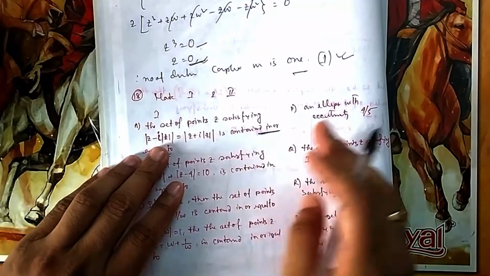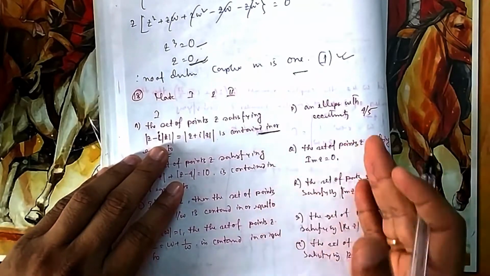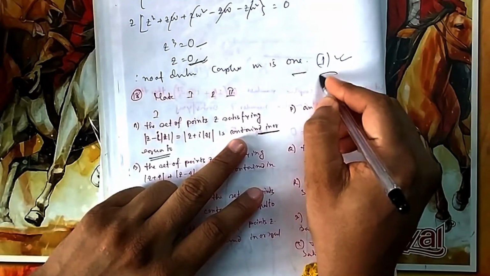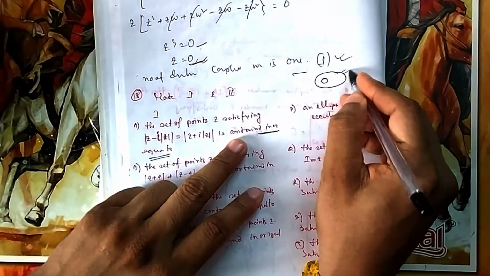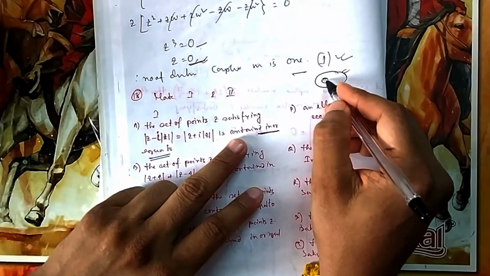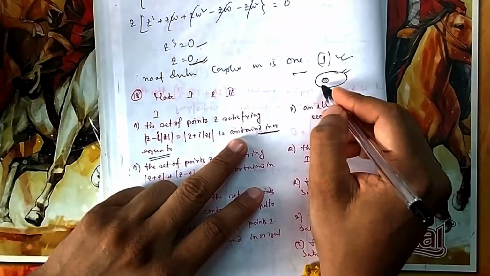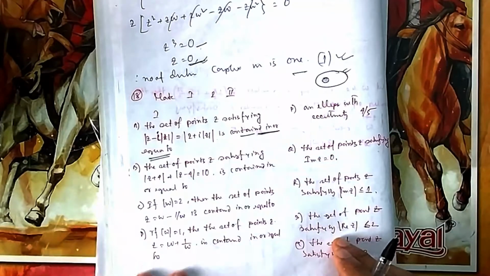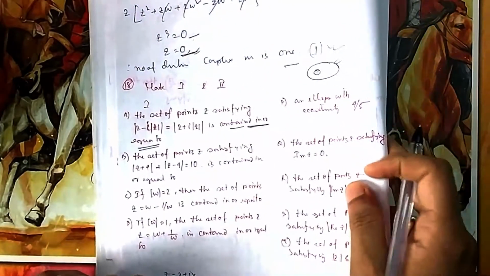Whatever you calculated exactly, it may not match. If it is inside that zone, suppose you calculated this area and it is inside this, then also this will be the answer. It is not exactly this one, but what you have calculated is contained in the zone they have given, then also that will be the answer. So you have to be very careful about that.